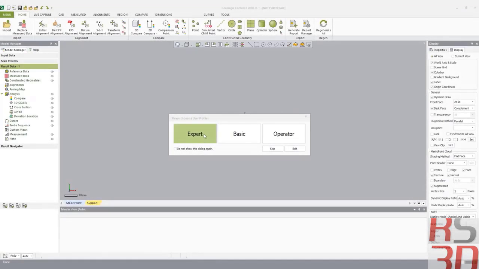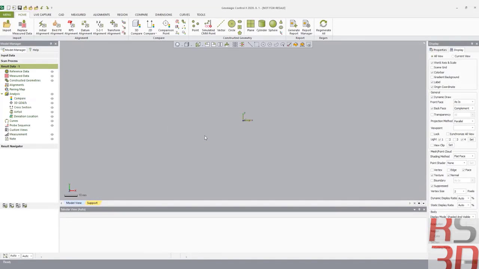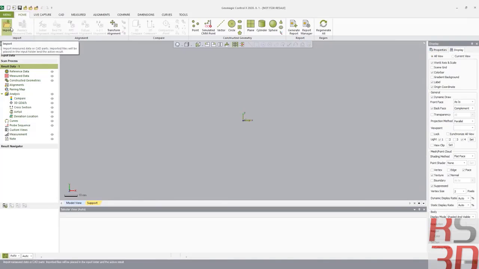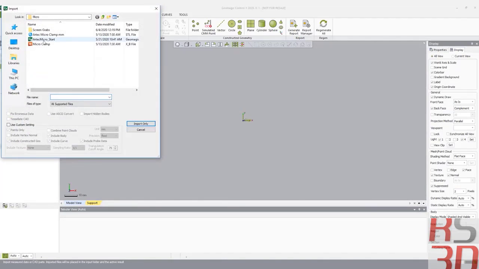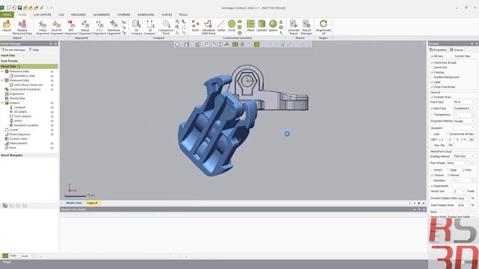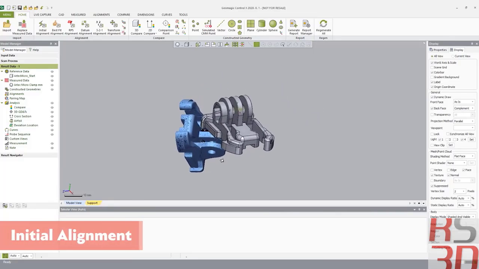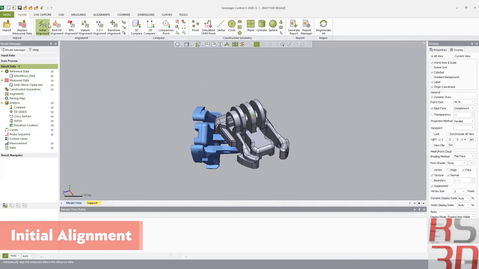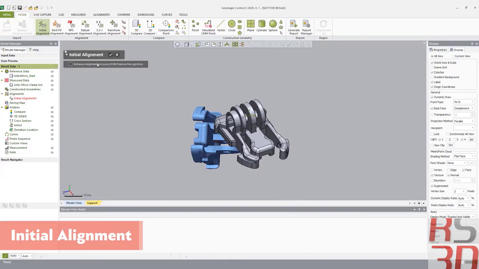First, we will open a new Control X workspace. Let's import the Artec Micro Start CX project file. Once open, you'll see that the measured data is not aligned to the CAD data. To get a rough alignment, let's use the Initial Alignment tool and click the check mark. The Initial Alignment tool recognizes similar features on both the reference and measured data to perform a quick best fit